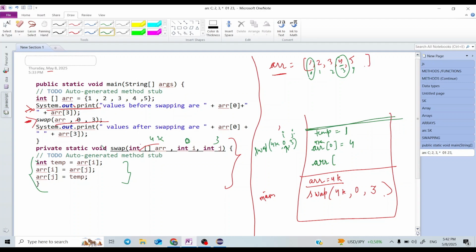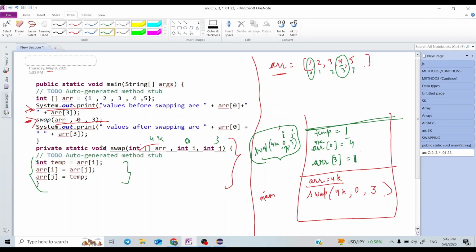Whenever you look at the values of i, j, arr, you will be looking in this respective frame. Here the value of i is 0 and j is 3. So at arr of 3 we will be putting temporary, which is 1.